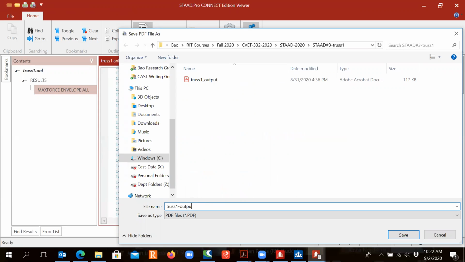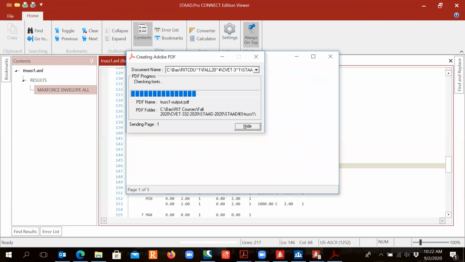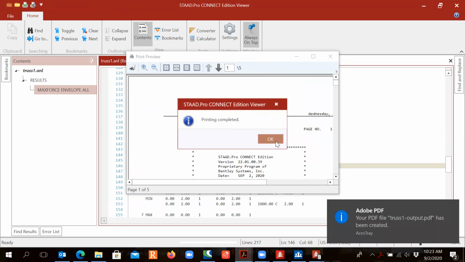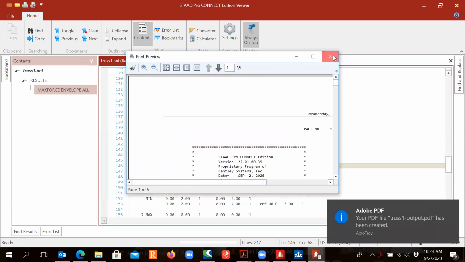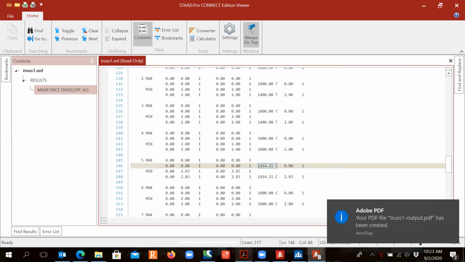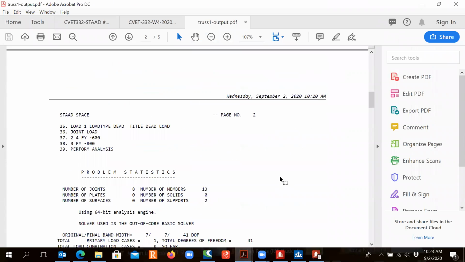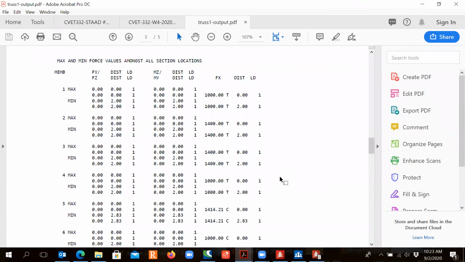For example, I just called it the Truss one output file. And now you can see the output file. And for the member force, we target Fx right here. Okay, so we target that. And this is the member